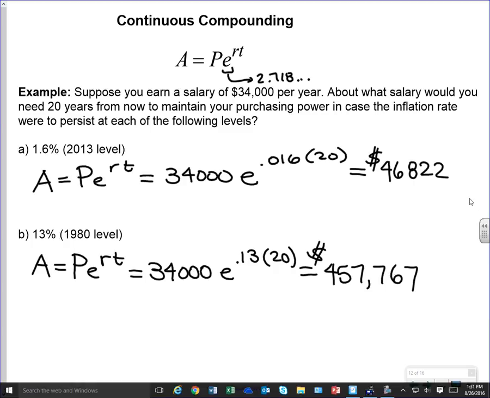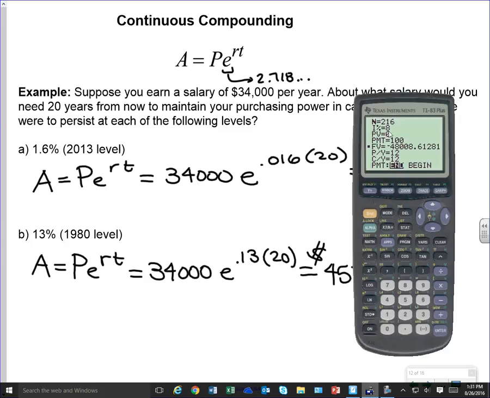The last type of compounding that we talk about is continuous compounding. Okay, so continuous compounding, sometimes we will talk about when we think about inflation or the inflation rate. Okay, and that's what this example is going to be about here. But the way we write out continuous compounding is A equals P times e to the RT. Now, E is actually not a variable that we're going to plug something in for. E is a constant value, and it actually equals out to 2.718, etc. Okay, keeps going and going out there. This is called Euler's constant. Euler starting with an E, it's E-U-L-E-R. So Euler's constant there. That can be found on your calculator